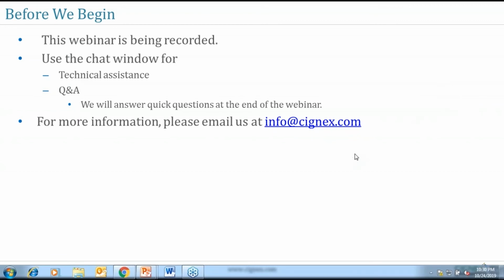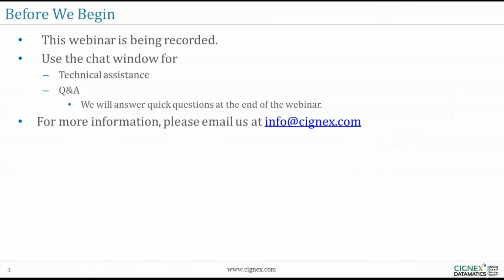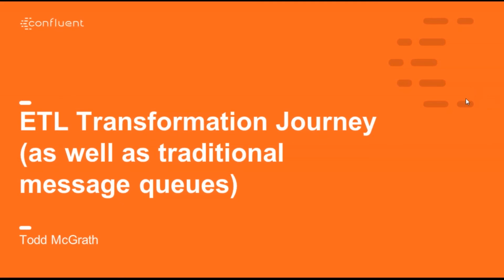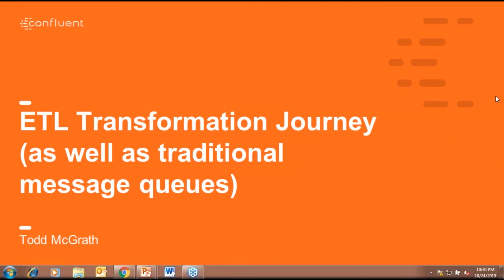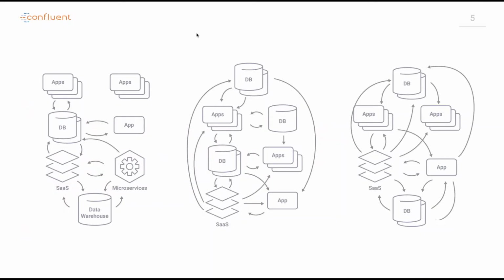Hello, everyone. I'm really glad to be here with you all today. I thought we would start, when we talk about changing ETL or the ETL transformation journey, by first setting up the challenge, or what's the problem that we face as architects in the world today. And for that, I have a diagram that shows enterprise architectures that I think will seem very familiar to many of you. One of the things that we are faced with in larger enterprises is the idea that there's many components that make up our overall architecture.